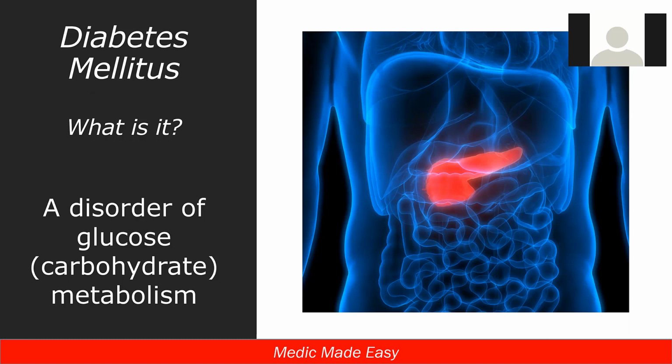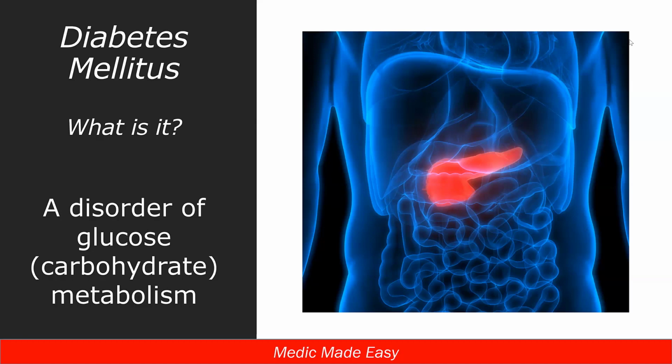On the testing side of things, make sure you read the answers carefully if they're asking you a general question about what diabetes is. A lot of people might see the magic word sugar or insulin and just jump at it. But slow down, make sure you read it, and make sure you understand that it's an issue with the body's use of that sugar. There's sugar in the system. There may or may not be any insulin in the system, and we'll get into those different types of diabetes. But at its core, it's the body's inability to utilize or metabolize, actually use, the sugar that's in the system.